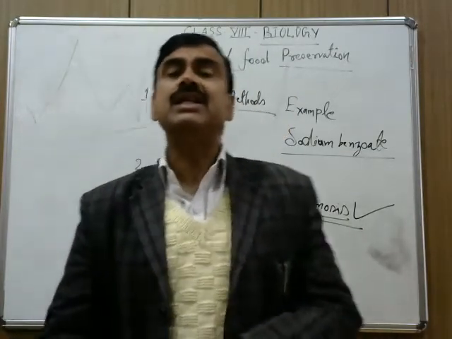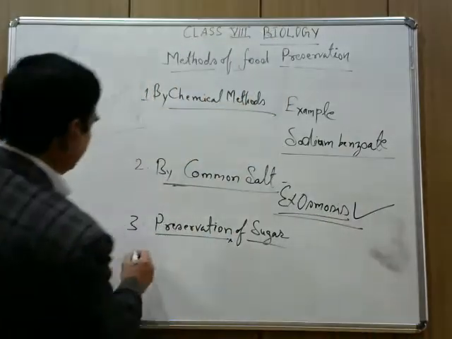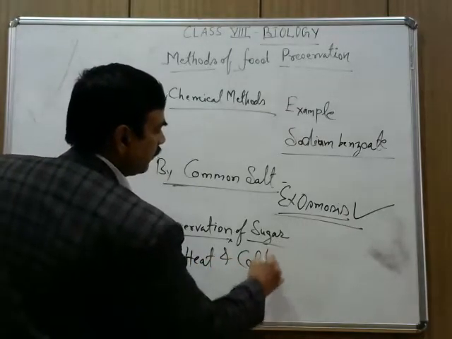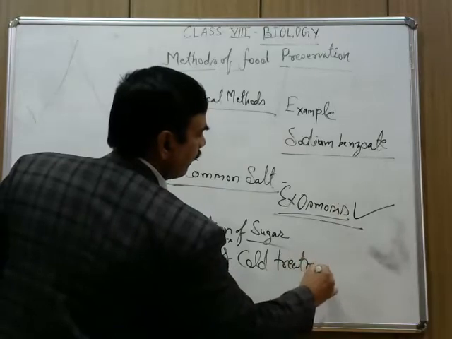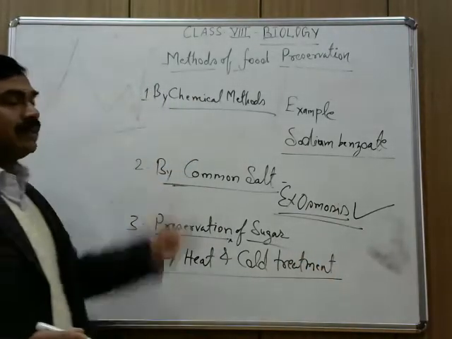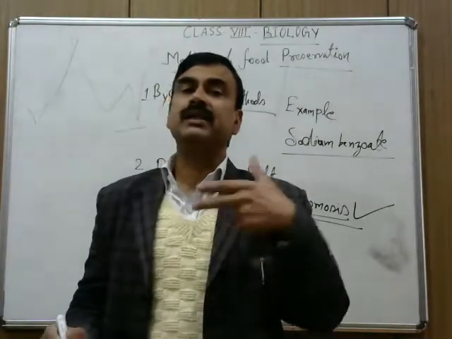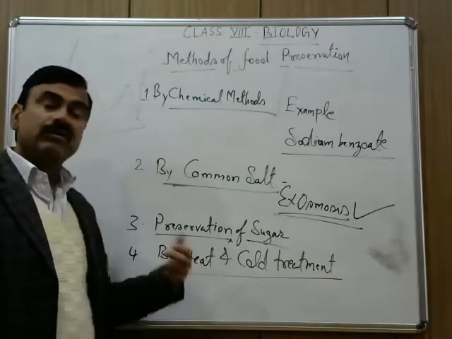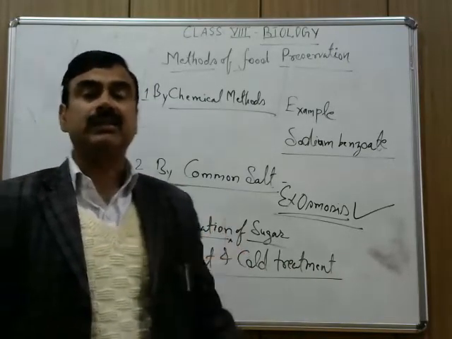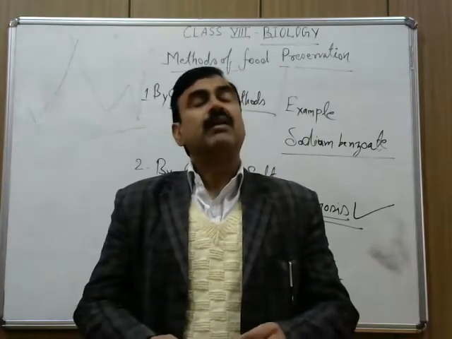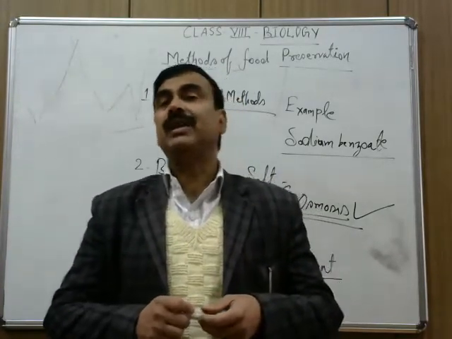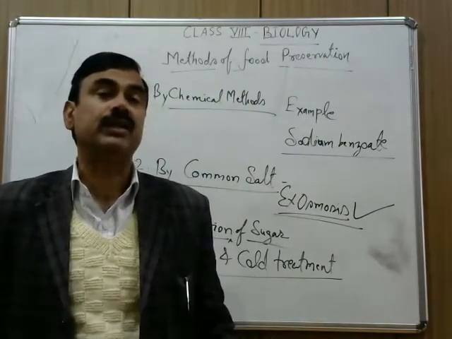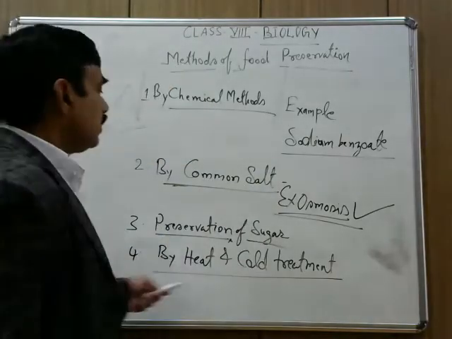One is by heating and cold treatment. Number 4, by heat and cold. All these methods are for killing the microbes present in the eatables. Now coming to the heat and cold treatment, most of the packets of the milk, every packet of the milk you have heard is pasteurized. This is very important, that by heating and cooling,